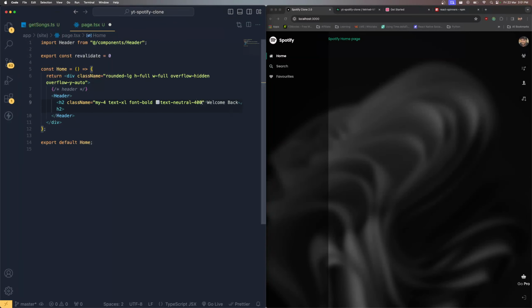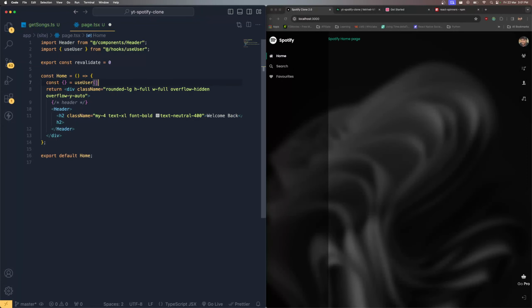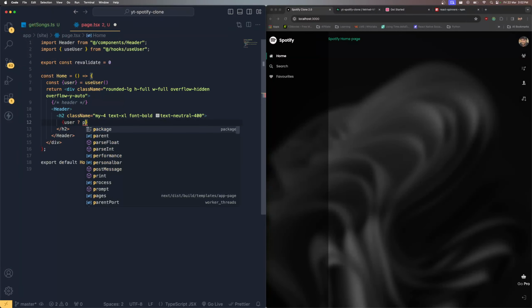So this text needs to be displayed only if I have this user object. If there is no user object, then I need to display something else. From the useUser hook, I'm going to get the user instance from here. So this needs to be displayed if I have the user object, in that case I need to display this paragraph, this text, or else I need to display